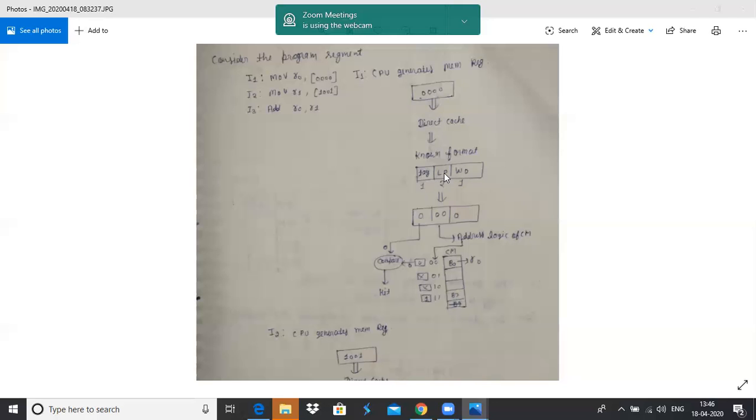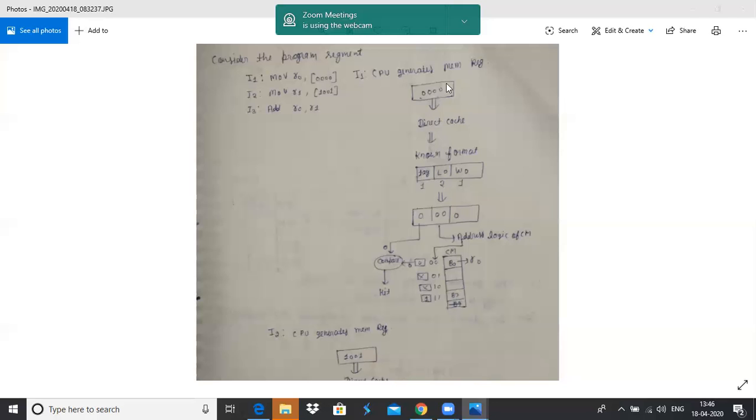L0 contains 2 bits, so this 0000 will be represented in this form. The first 0 works as the tag, the next 00 acts as the L0, and the last 0 acts as the W0. Represent this address into tag, L0 and W0 in this format.